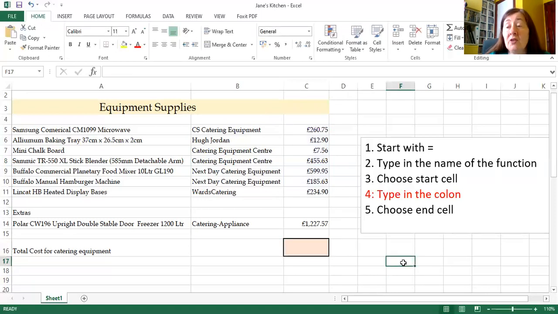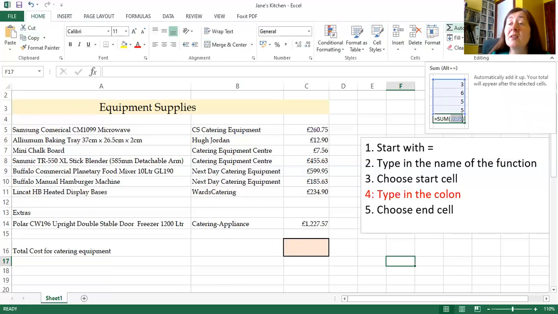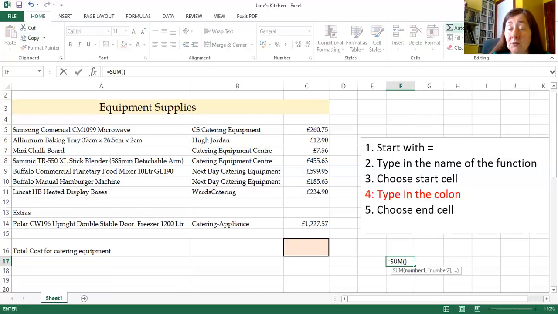Now, for those of you who've used a spreadsheet before, you may have used something called AutoSum. I'm going to ask you for both level 1 and level 2 essential skills to step away from AutoSum. AutoSum is a shortcut that has been created that does add things up, but there are times when it doesn't work correctly. So for example, let me show you that. So I'm in my Home tab and I'm sliding across to where I see AutoSum. So if I click into AutoSum,